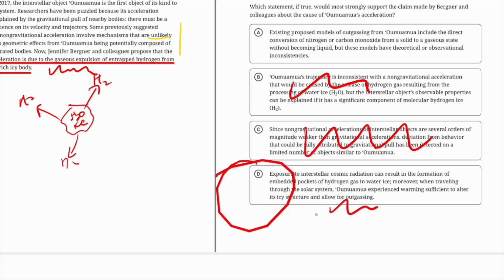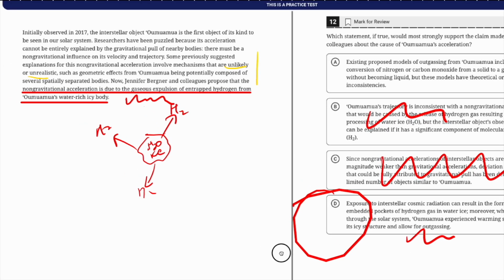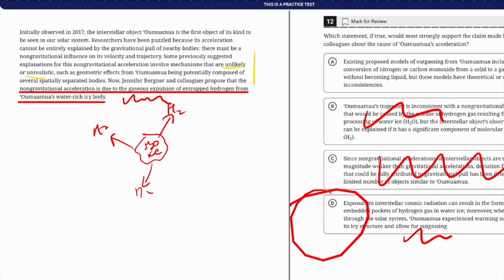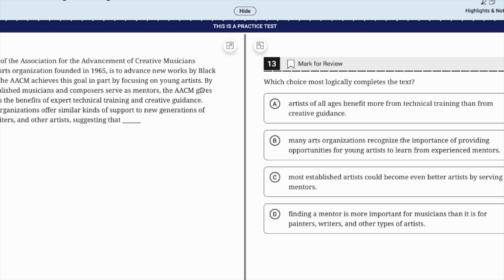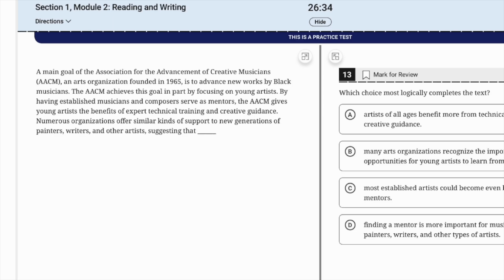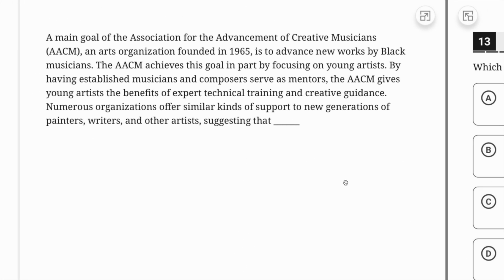Okay, so a tougher question there. But again, words of wisdom, I don't know, other than just try to get as clear as possible on the passage before diving into the answer choices when you have those long, complicated answer choices. Logically completing the text, so we just want to focus on the line of reasoning here.